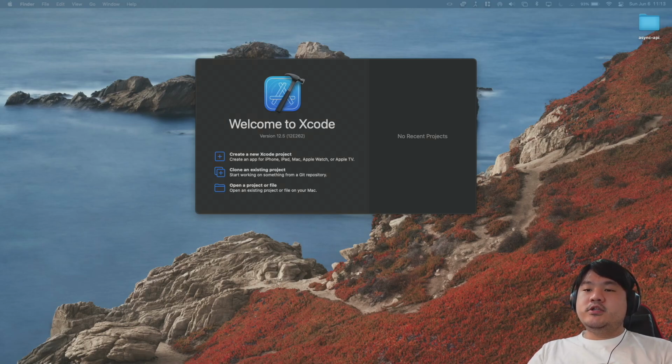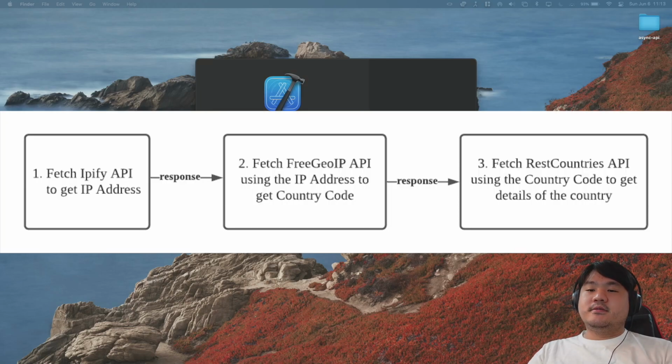Let me give you an illustration for such a scenario with these given steps. Let's say we are given a task to fetch 3 REST API endpoints. First, we need to fetch the IP address of the user from the IPify API. Then, using the IP address from the response, we're going to fetch the IP geolocation data from FreeGeoIP. The response contains the country code that we are going to use to fetch the country detail from the